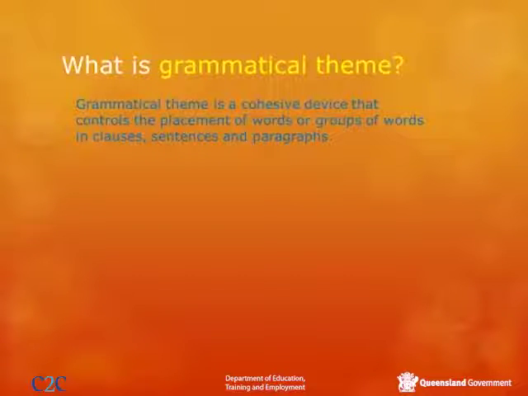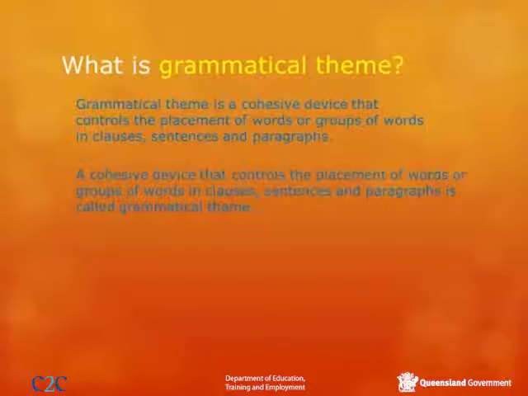Have a look at this example. This sentence contains the same information as the one above it, but the structure is different. Look at the words in theme position at the start of the two sentences. The use of grammatical theme in the first sentence signals to the reader that the main focus of the sentence will be on grammatical theme itself. On the other hand, the second example changes focus by placing the words cohesive device in theme position. This signals to the reader that cohesive devices are the main topic here, with grammatical theme being just one example